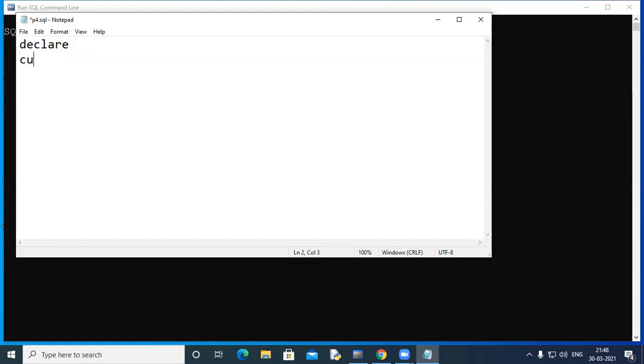So tell me a cursor declaration. Take your time, no hurry. Sir, cursor C1 is select star from emp where job is equal to %, job. This is good. Good answer.